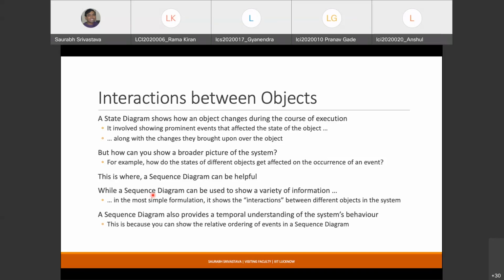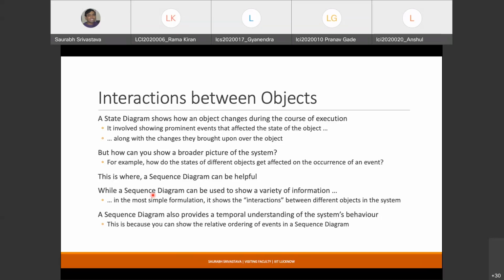So whatever we have seen as events in state diagrams, when you try to create a sequence diagram, these events now become far more easily understandable, because I told you that events might not be relevant for just one particular object. If it is relevant for just one particular object, then within a sequence diagram you'll see a self loop, as in, this event only affects this particular object.